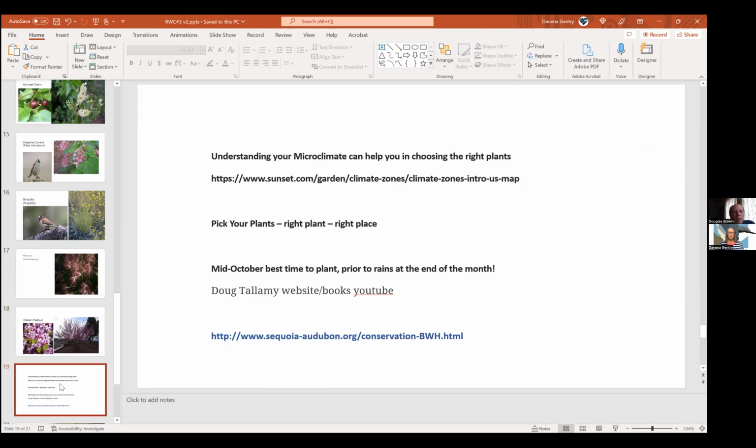Now, it's important to understand your microclimate to help you choose the right plants for your garden. We have a number of different microclimates in San Mateo County and for the Bay Area for that matter. This link to looking up the garden zones, climate zones in your area is really helpful to help you choose the right plant for the right place. If you have space for just a couple of pots or plants, this could be simple. But if you have more room,